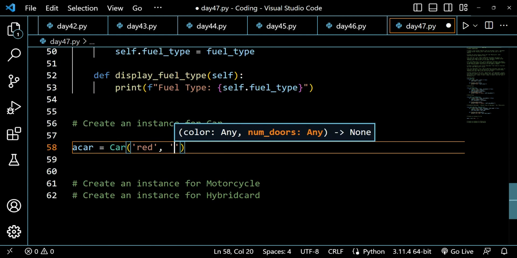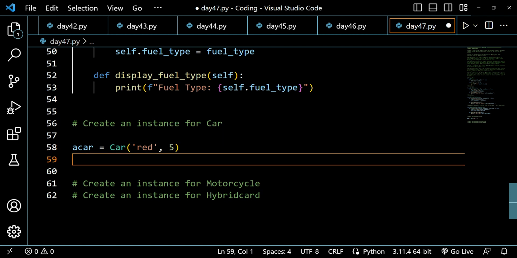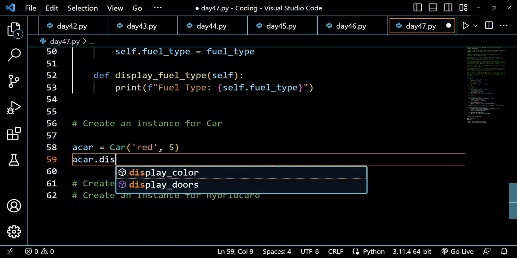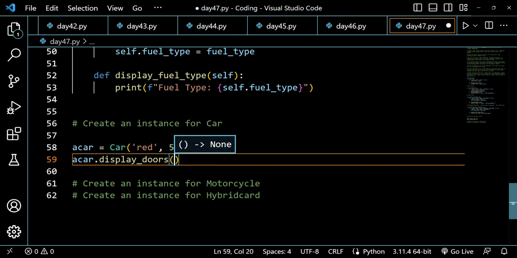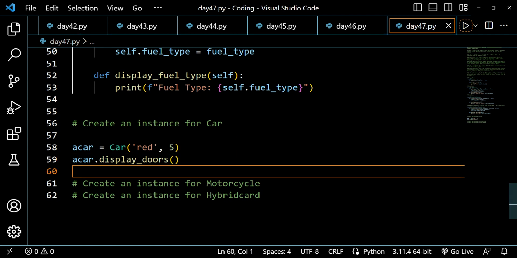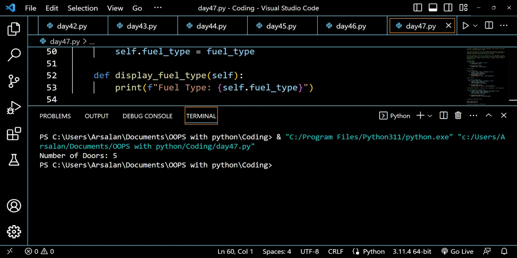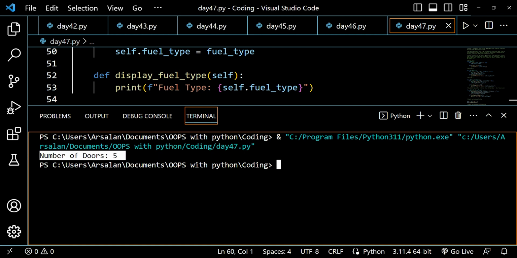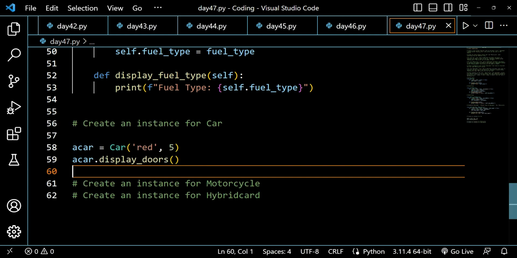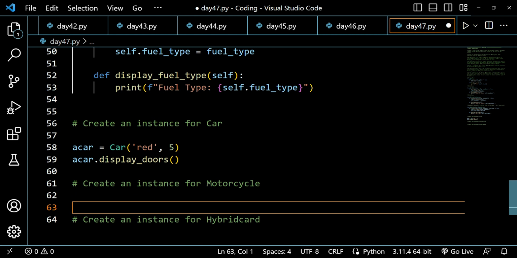So let's say it has 4 doors, or let's say 5 doors it has. So I can simply write a car dot display doors and close it by parenthesis and run the code. Now it is printing number of doors 5, and let's create a